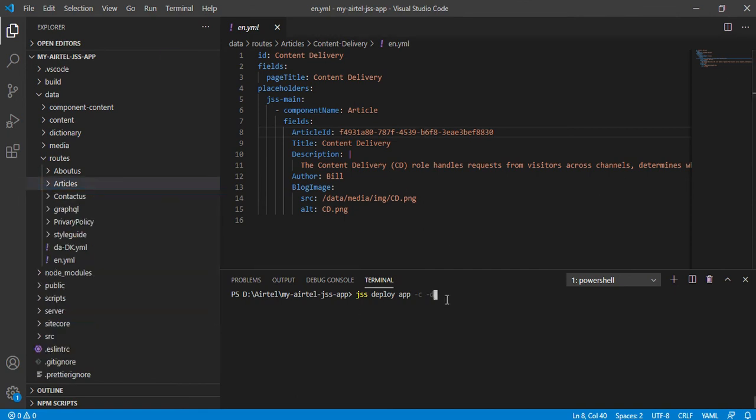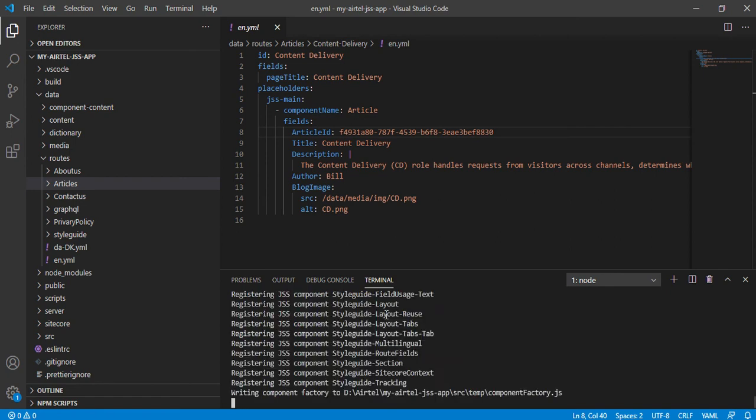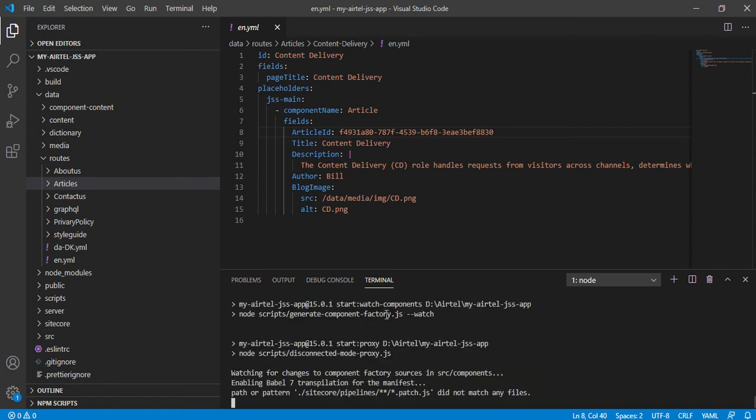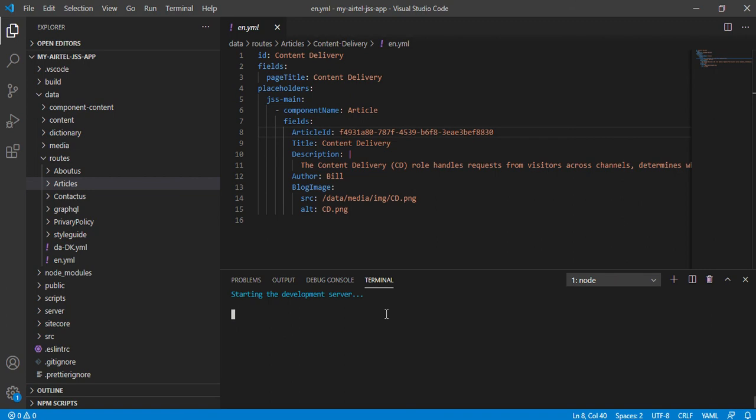If you want, you can run this locally. Let's go there and try to run this JSS start. Our application will run on localhost, port number 3000. It started.